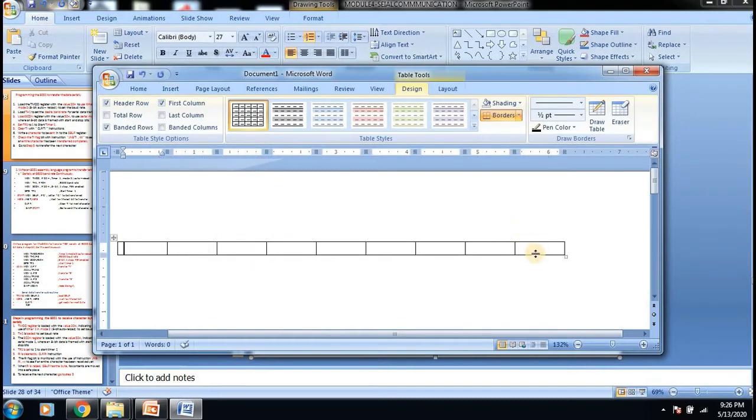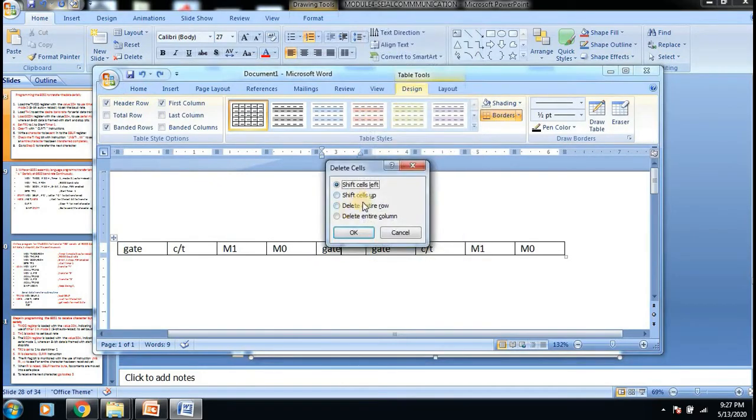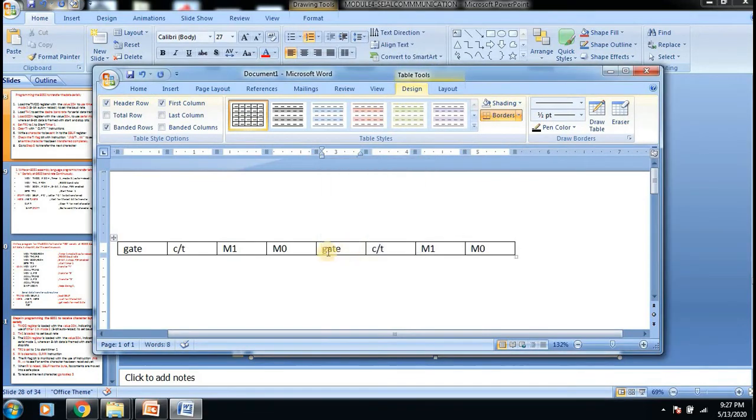Here these 4 bits are reserved for timer 0 and these 4 bits are reserved for timer 1.